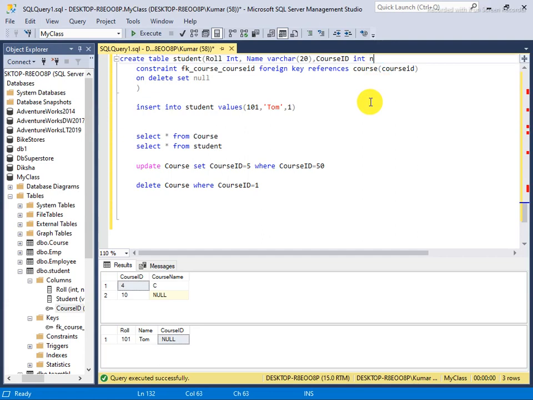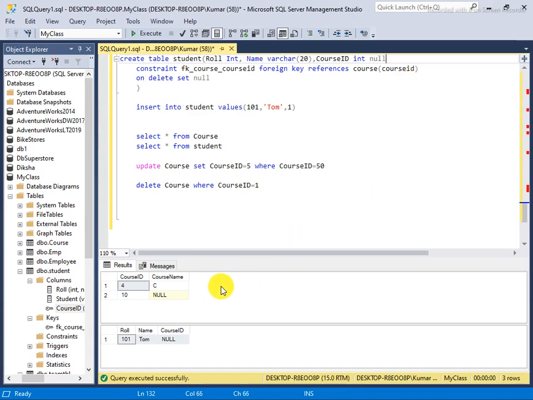If you say not null at the table creation and you are saying here on delete set null, it would not be set to null, the complete record would be deleted. So you have to keep it in mind: you need not say not null. Leave it blank, or say null.